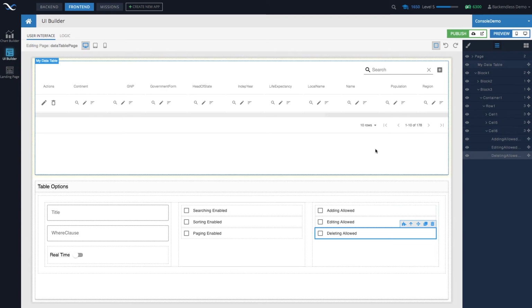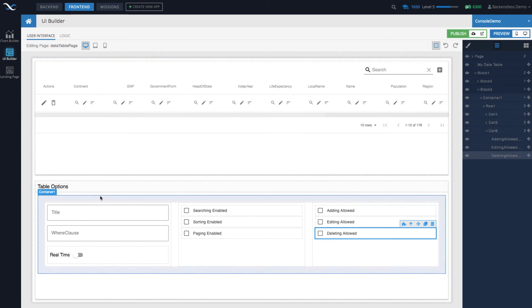So at any point of time, as your application gets bigger and you have more components on any of your pages, it is always easier just to see where that component is in the tree, what it is called. And once you start adding logic, you will be referencing your components by IDs as well. So the importance of IDs is very straightforward. Basically, naming your component exactly what it is.